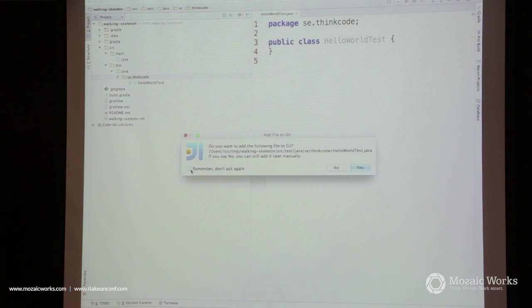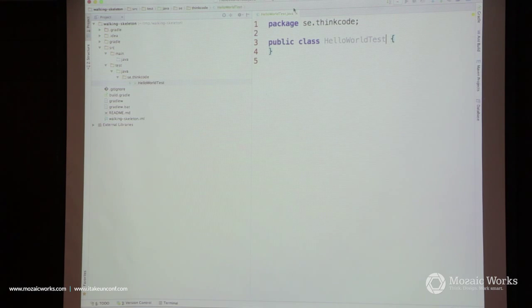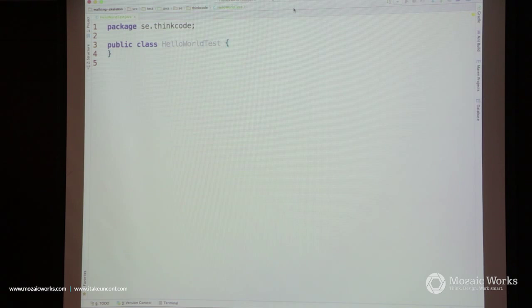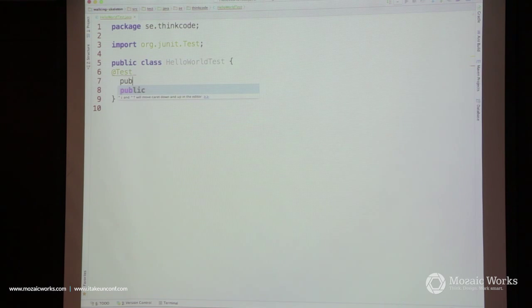And yes, I want to add this to Git. Right. Okay. And we need to import JUnit test, that's good. Public void